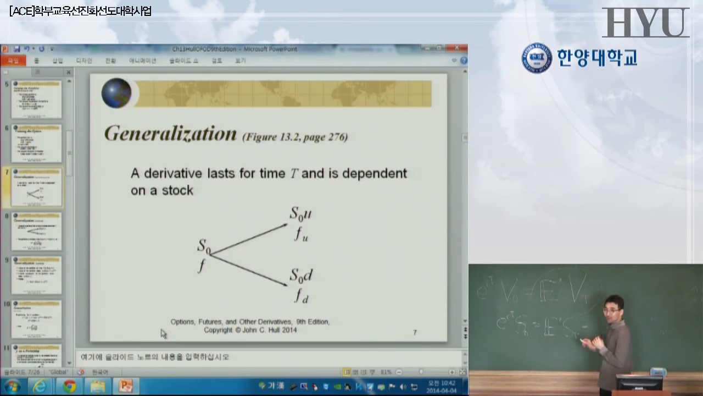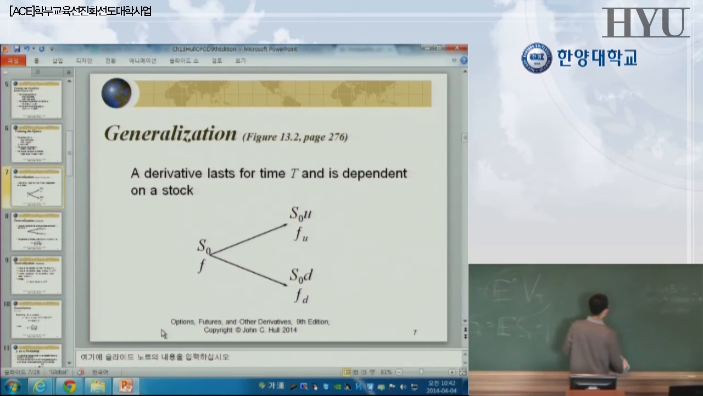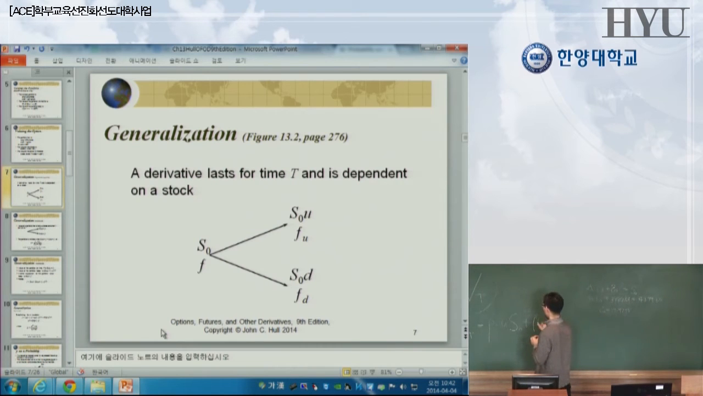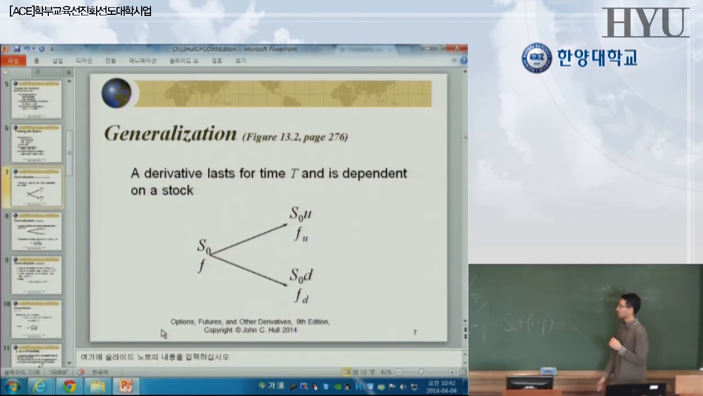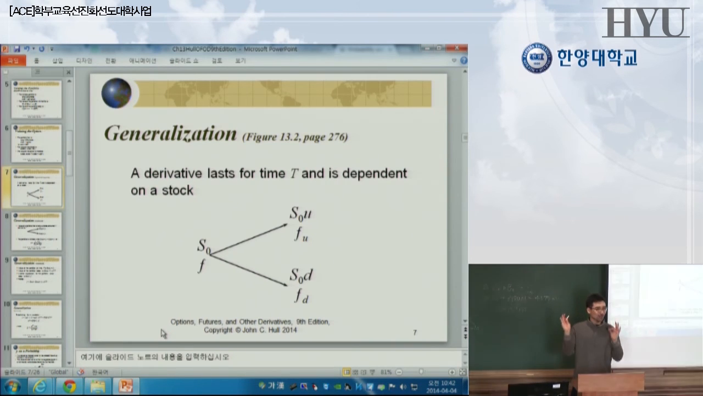Good, exactly, you are right. So P multiplied by U S0, plus 1 minus P multiplied by D S0, right? Stock price can go up and down. Up probability P, down probability 1 minus P. Okay? So if there is no